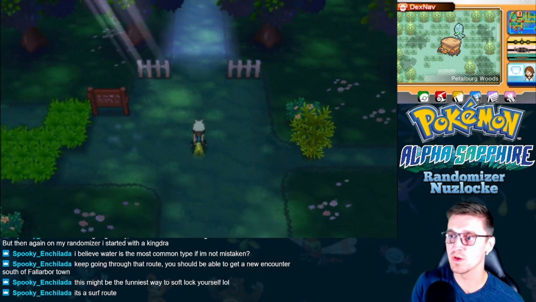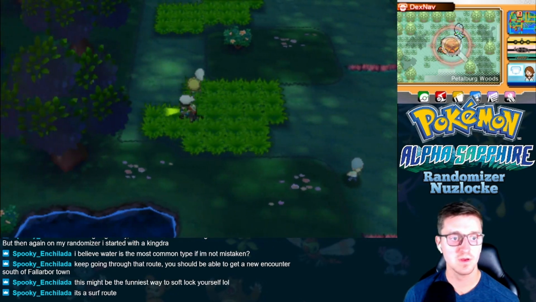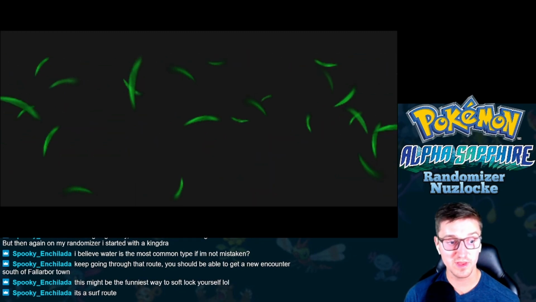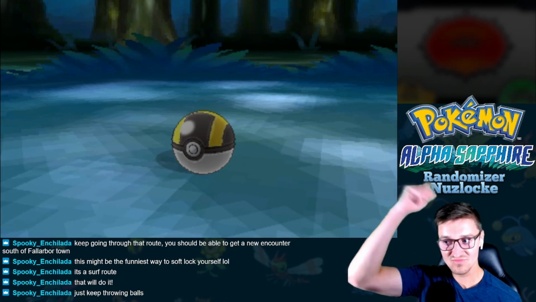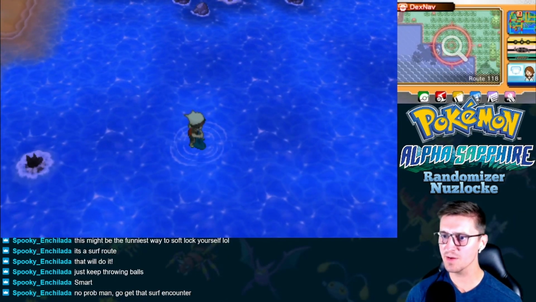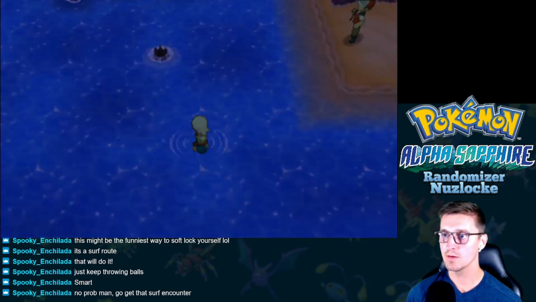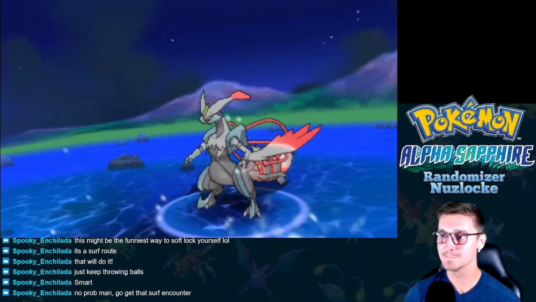After searching literally every other route and not finding a single water Pokemon, even on the DexNav, I entered the Petalburg Woods to find the only water Pokemon available to me at this point, Sharpedo, who I added to the team with an Ultra Ball. I finally had a Pokemon that could Surf. Was that a Pokemon I could use after this? No, but could it Surf? Yes. So I did just that, which brings me to the water on Route 118, where I find myself...